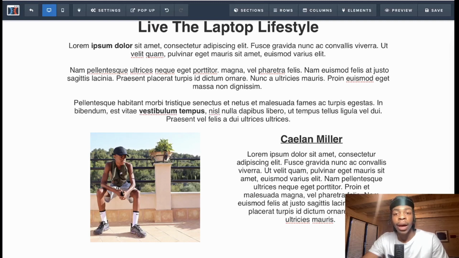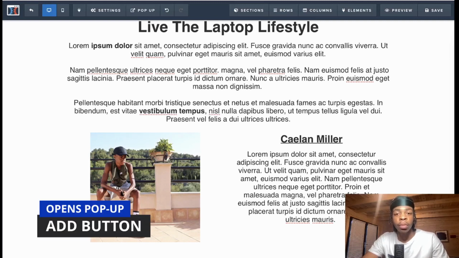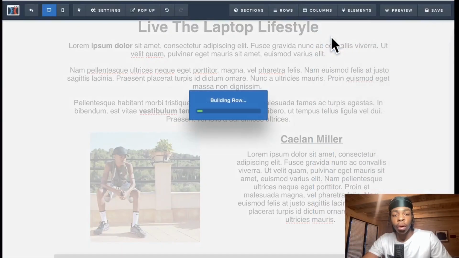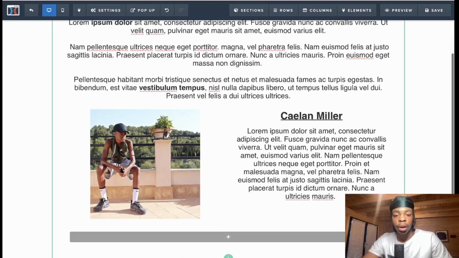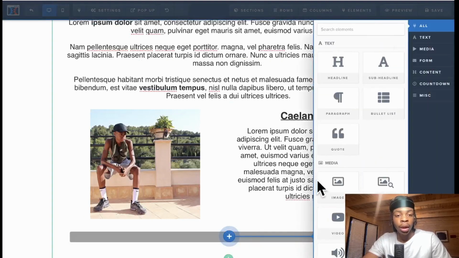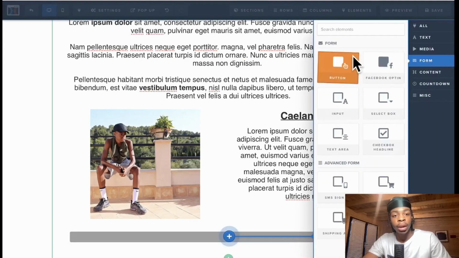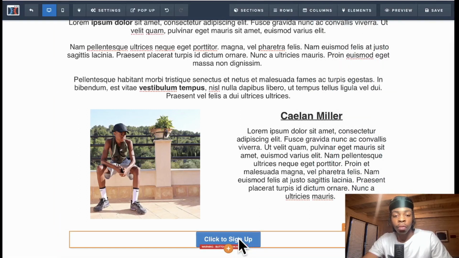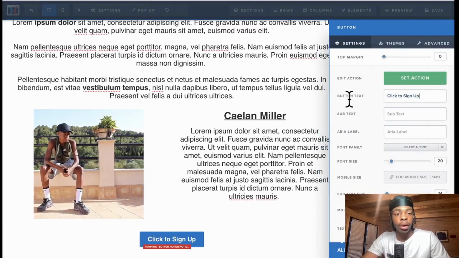We can actually go ahead and add the button, so it actually opens the pop-up and the next page. So what you do is actually go ahead right down below to add new row. I'll do 1 column, and then add new element of course, and then go down to the form and then the button, where we can actually go ahead and edit the button to where it will redirect us to. So I'm going to go ahead and change this to a start now. Change the headline of this,